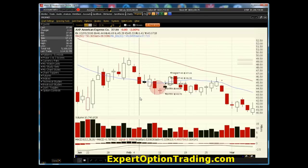Rule number 2 is that you hit 1 or more of your profit targets, which is the absolute best scenario. In this case, in American Express, we hit profit target number 1 and profit target number 2. The third rule